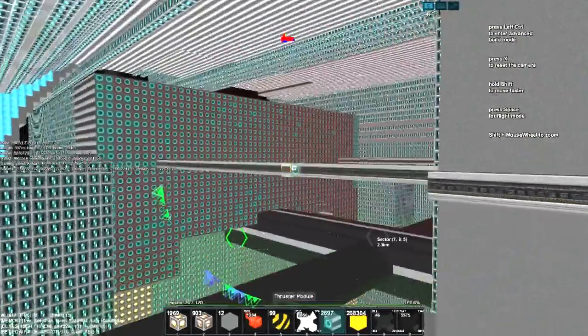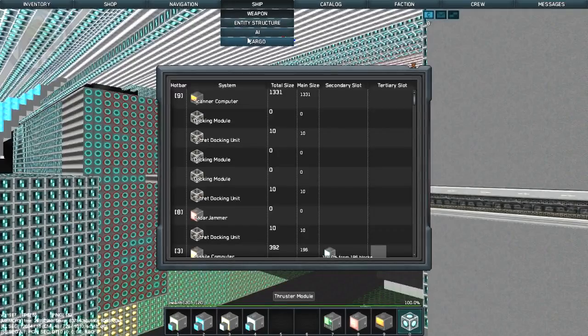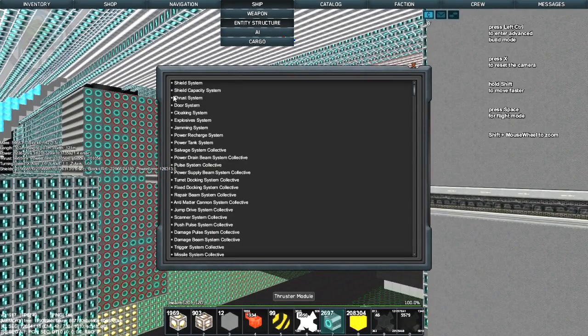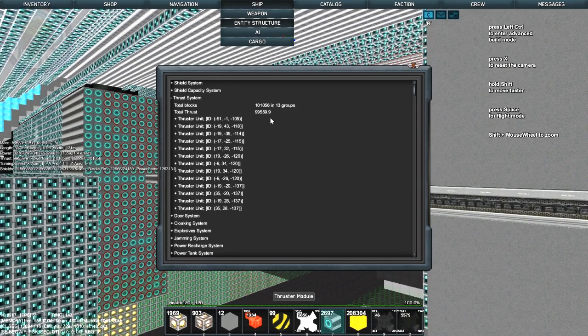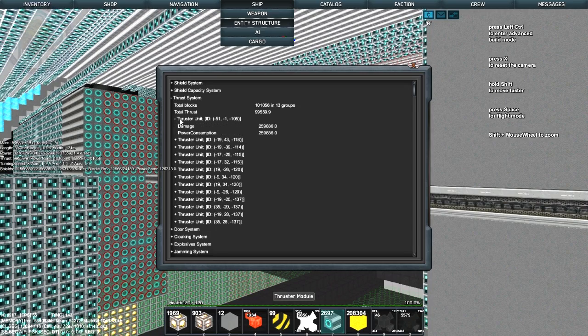There you go. So now, it's not T. I don't know what it is. We'll go to thrust systems. I only have 13 groups. You see? And I think the more groups that you have, each group does